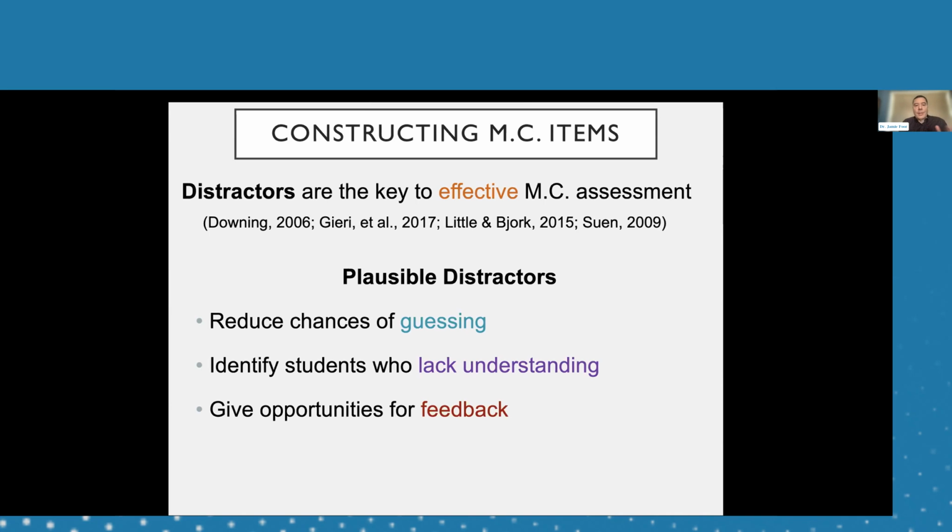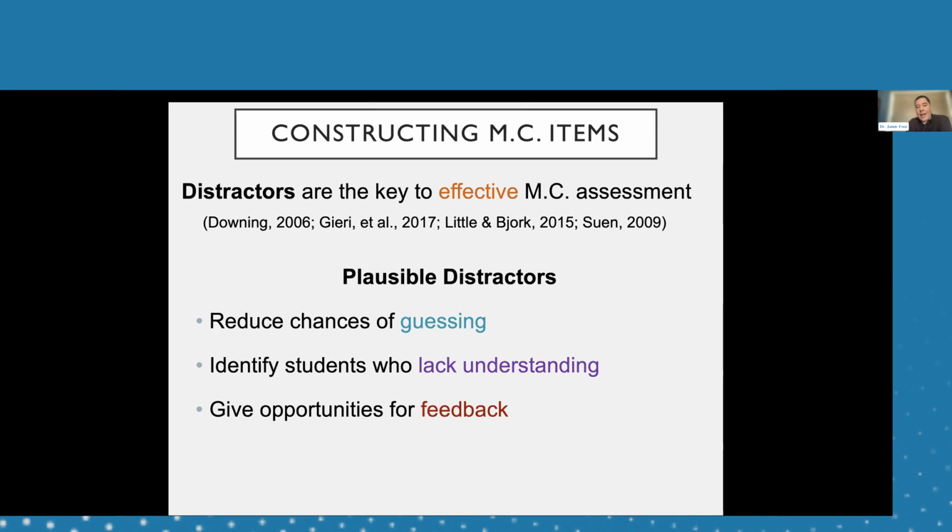So you think, well, if we increase the number of distractors, maybe instead of 3 we have 4 or 5, then it's going to be less likely that students are able to guess. But that's not necessarily true. It depends on the quality of the distractors. So adding distractors just for the sake of adding distractors does not improve the question or reduce the chance of guessing. So chance of guessing, if we have good distractors that could be logical alternatives, guessing is lower